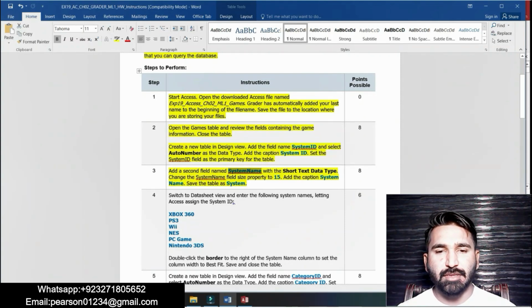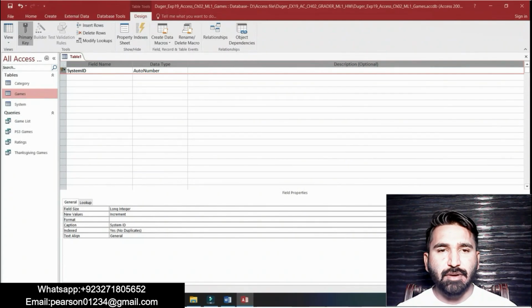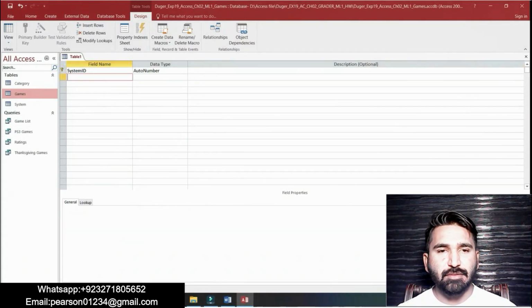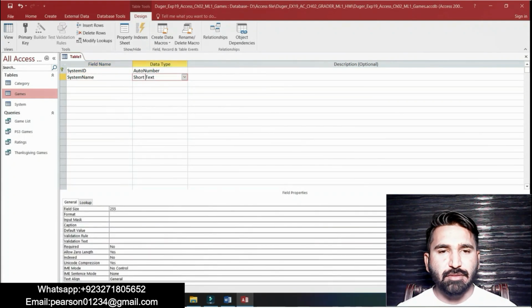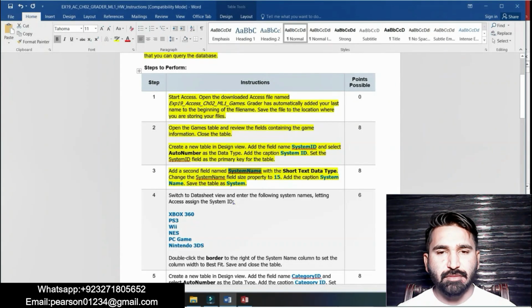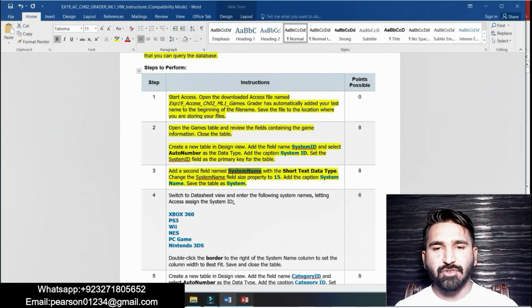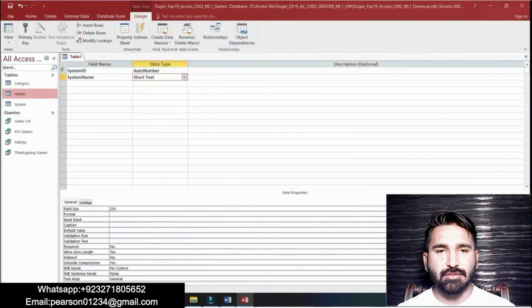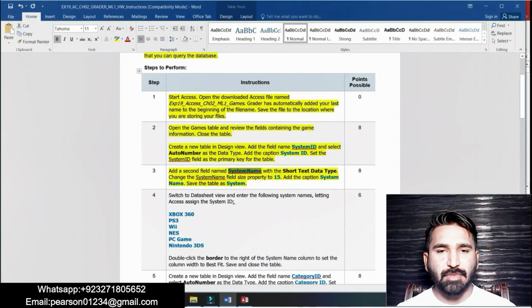Okay, go to the assess workbook. Then we will add a second field as system name. Then our data type is short text. We will have to enter the short text data type.